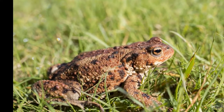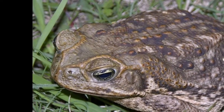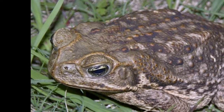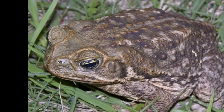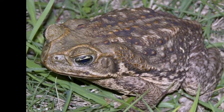What should I do if my pet bit a Bufo toad? If you suspect your pet has been poisoned by a Bufo toad, rinse his mouth with water, taking great care to avoid washing venom into the eyes and nose. Do not allow your pet to swallow the water. If your pet is not having seizures, wipe the gums and the insides of the cheeks with a wet towel